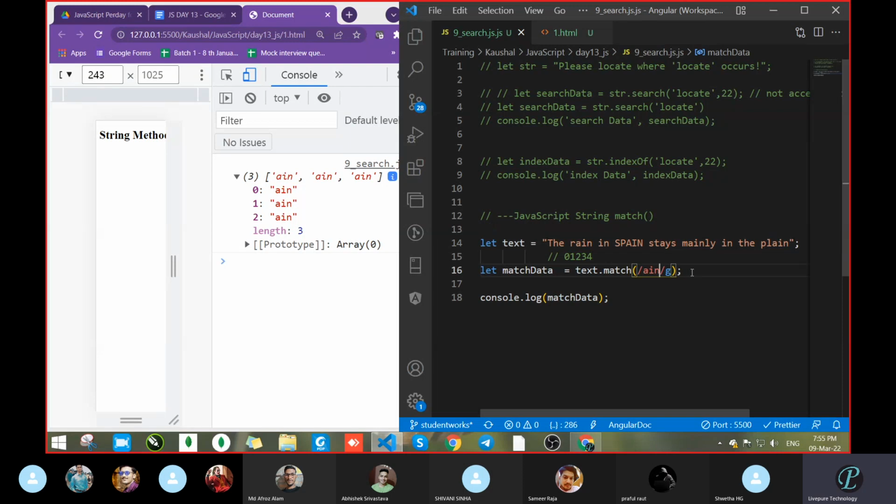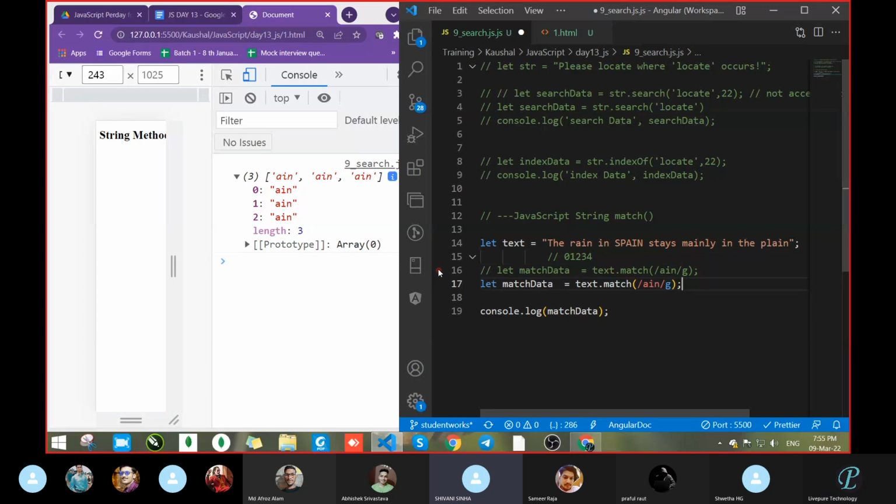I want to do one thing. Take this line itself. Sir, it does not consider Spain because Spain is written in capital; it is case sensitive. Let's say rain, mainly and plain. It would become 4 times because plain also has "ain". It takes rain, mainly and plain, but not the Spain value, considering only lowercase.